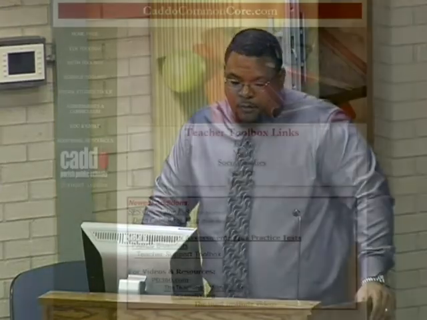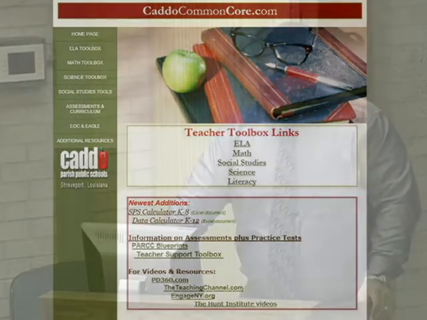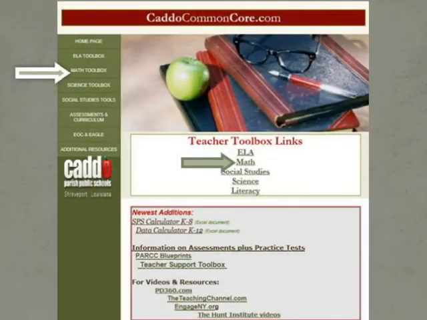Basically, we created a website called Caddo Common Core that will help you as teachers implement Common Core state standards this year. The website is called CaddoCommonCore.com. You can get to it through the Caddo homepage, or you can go directly to it through www.caddocommoncore.com. Once you get to the Common Core webpage, you can access the Math Toolbox by clicking in two places